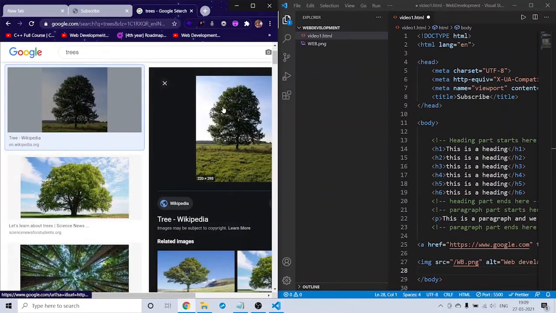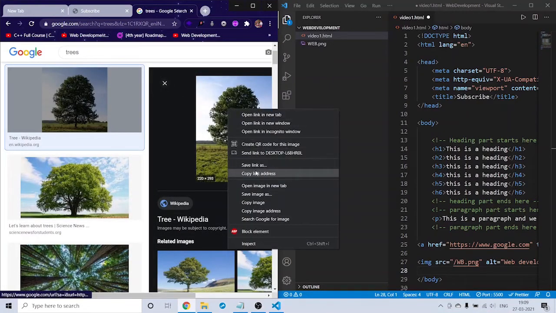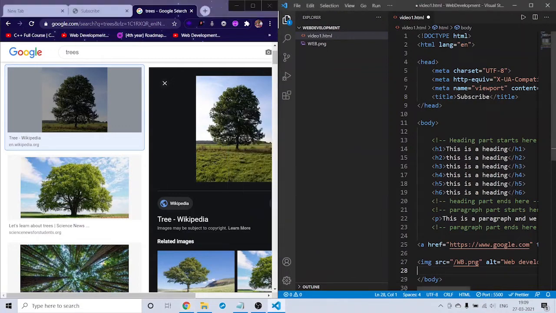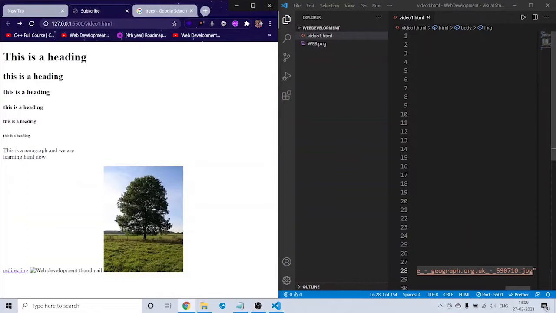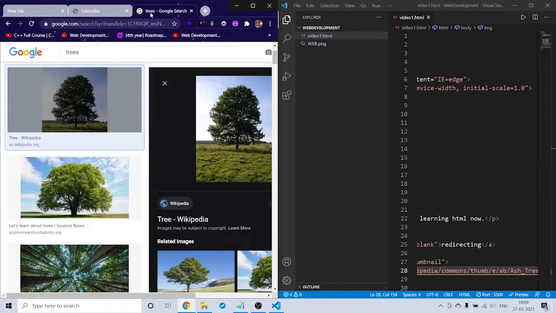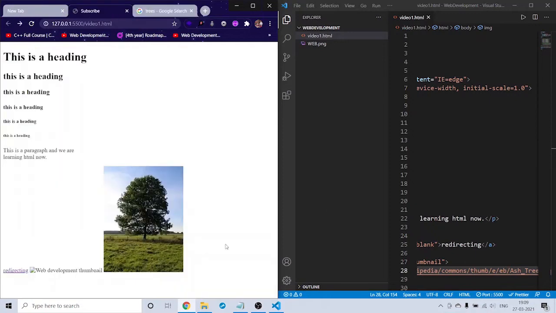Take any tree, and I will copy the image address here, and in the image tag I will give this as the source. When you give this as source, you can see here we got the same image.